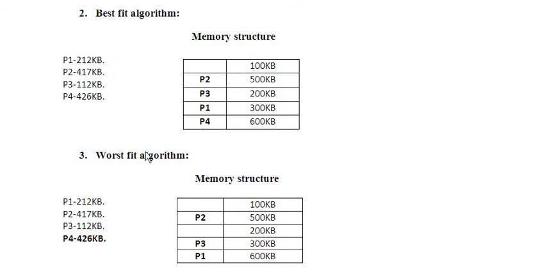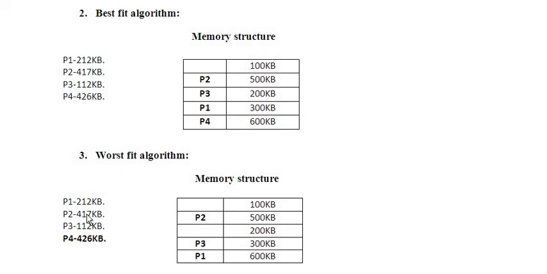Now moving to the worst fit algorithm. As the name suggests, this is usually not used in many cases, but in some exceptional cases it might be. We will see how it works. Again, in worst fit, we all know that the largest block will be allocated to the particular process, which starts at P1. So P1 can't be accommodated in 100 KB, but can be accommodated in 500, 200, 300. It scans from here, and the highest one is 600 KB. So P1 is allocated here.